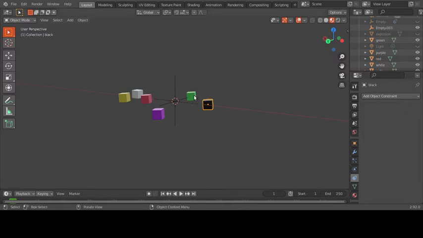I want to make sure I delete all my constraints. Let me go and check. I don't want to have any constraints on any of them. Alright, good. Now the constraint that you have to use is called, we go down here,